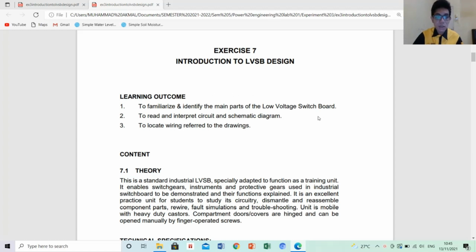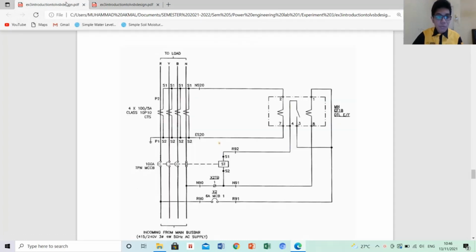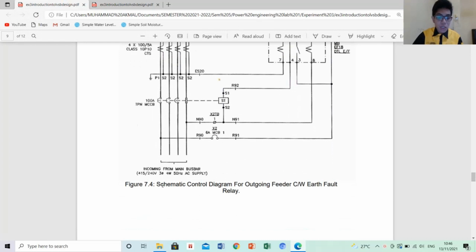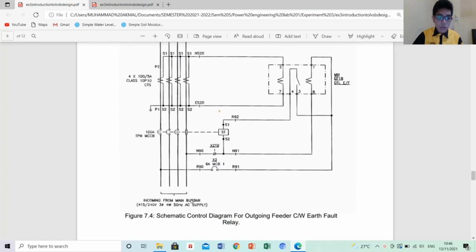AA190023. So for today's experiment, which is experiment number 4, Introduction to LVSB for subject BEV 30401, Power Engineering Laboratory, I will do a presentation about the LVSB design. Today I will explain how we read the schematic diagram for the earth fault relay. Firstly, we must know that the input always starts from the bottom part of